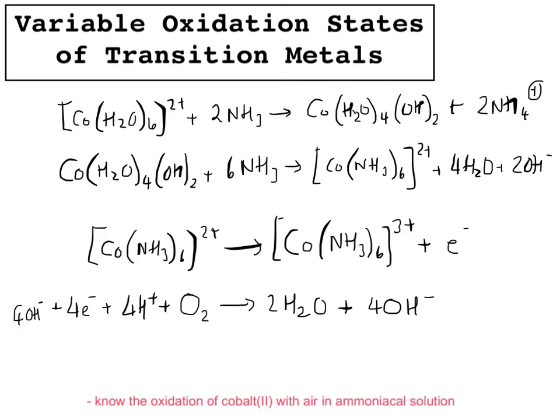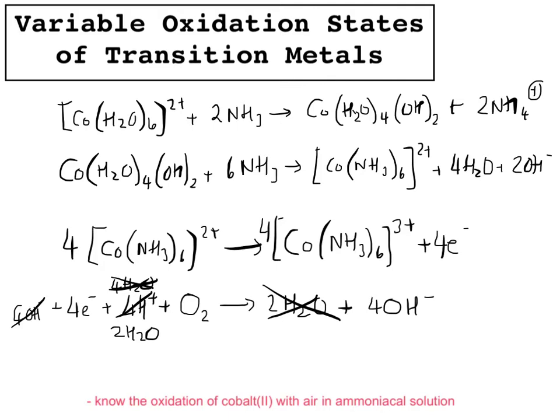And what that will form is 4 waters on this side, so the 4 H pluses combined with the 4 OH minuses, so those will cancel out and you'll make 4 H2O, which will then cancel with the 2 H2O on the right hand side, so those will cancel, and actually what you'll be ended up with is 2 H2O on this side. And that is your other half equation for this reaction, so 4 electrons plus 2 H2O plus O2 goes to make 4 OH minus. We can then combine these by multiplying up the cobalts and the electrons by 4